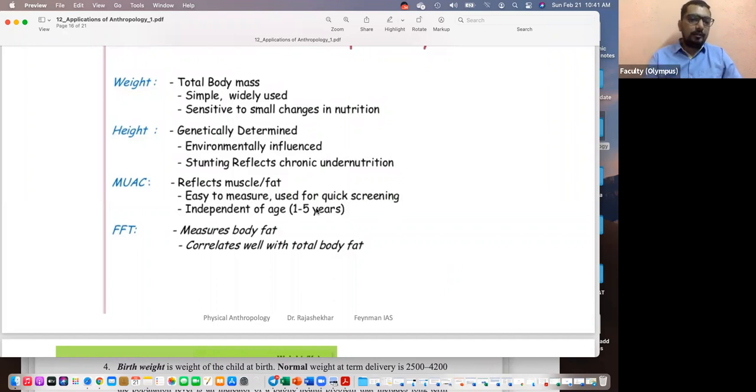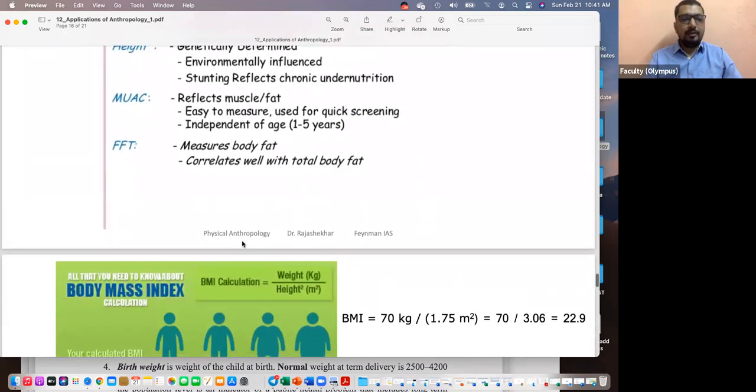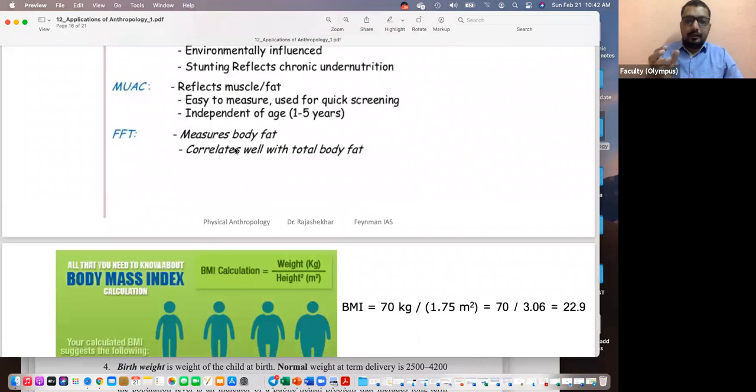There are more fat measurements also. There's something called FFT measurements that people sometimes make. So this is mainly to measure the body fat. Like I was telling you, they can take certain skin folds and measure the fat content in that skin fold, either behind the body or near the waist region. If you collect the idea about the body fat there, they can tell how much fat gain is happening.